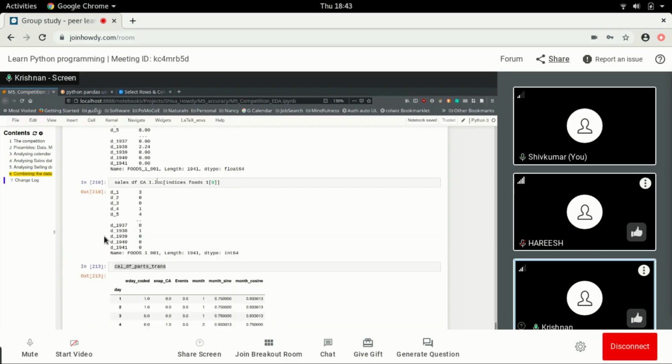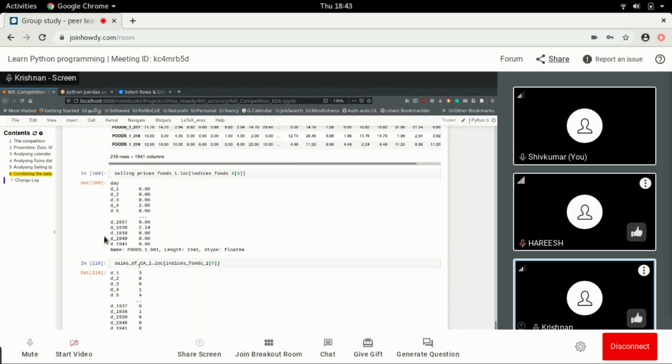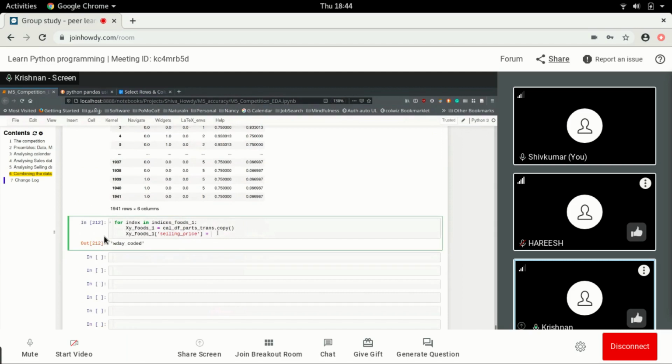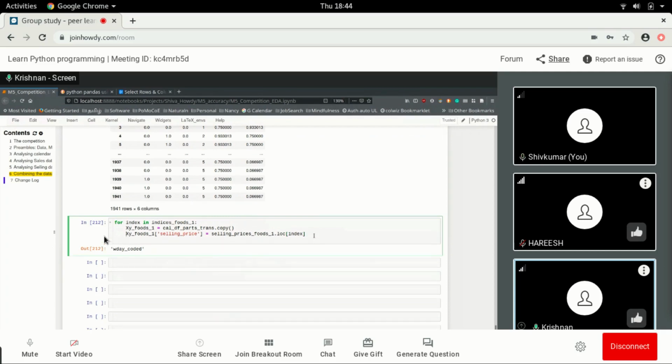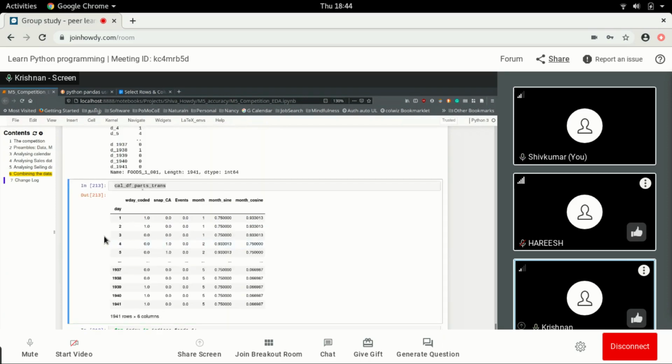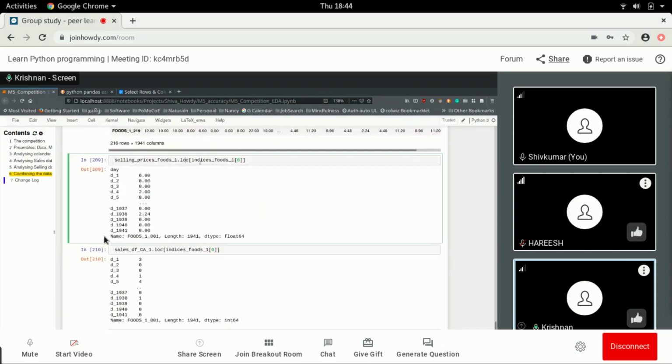Okay, and then we will have to say... Now first the above one. Only thing, you just take this entire thing, but just change it to index. So this will become index. Okay. Now, and then we'll go for sales prices. Exactly. That is sales items, sales, just sales. Say sales, yeah. So we'll just say